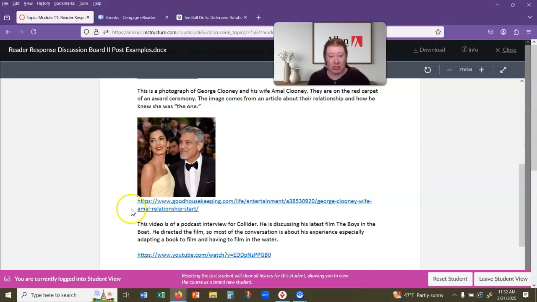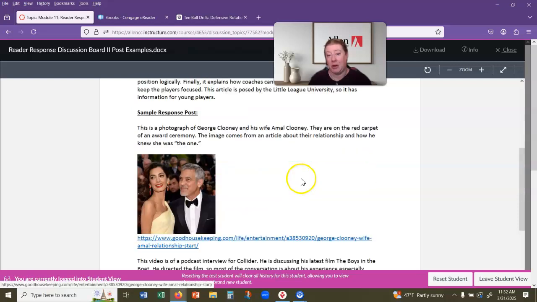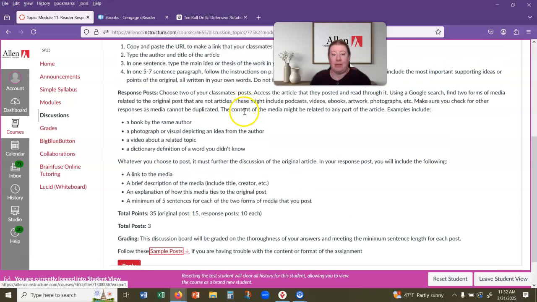So this one is just a picture, an image, and then, which unfortunately I've heard that they're getting a divorce, so we may have to change my sample post here. And then I also have a video of a podcast. So you'll see that in the responses, I'm asking for different kinds of media, so you can see what else is out there. So whether that be a picture or a video,